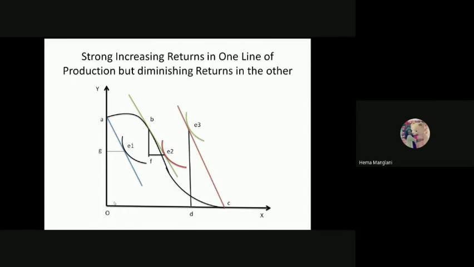So now at this, you are opting for X commodity as a complete specialization. So the country would follow OC as a complete specialization of commodity X. I will drop the production of commodity Y. You will come down to zero now, and then the country would offer DC of X, and OD they'll keep for their own consumption. So DC they'll offer, and only with exchange of a small amount of DC you are receiving DE3 amount of Y, which is even greater than this or equivalent to this, even better than this condition.